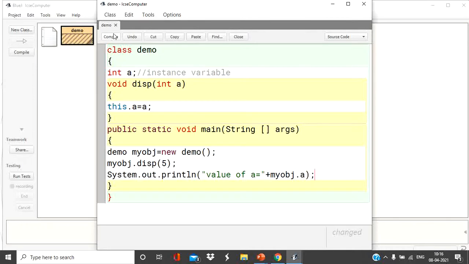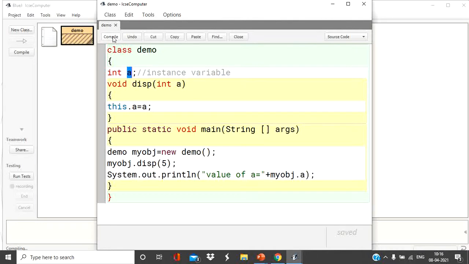I'm going to compile this. See what the value of a will be. The value of a will be 5. Why? Because the value of the actual parameter will pass to the formal parameter, and the value of the formal parameter will be copied to this particular instance variable.